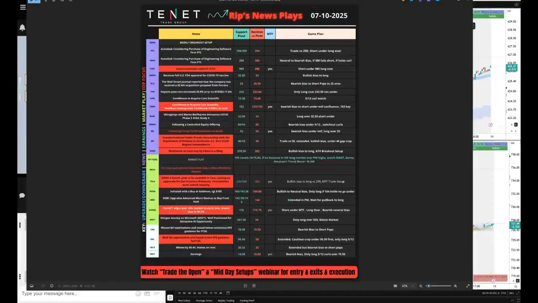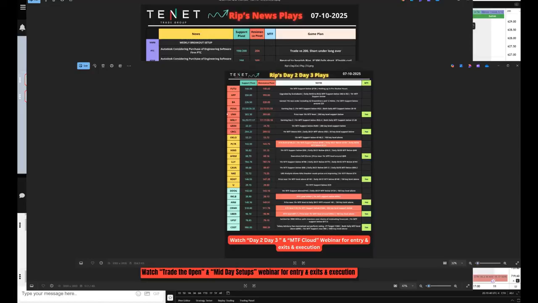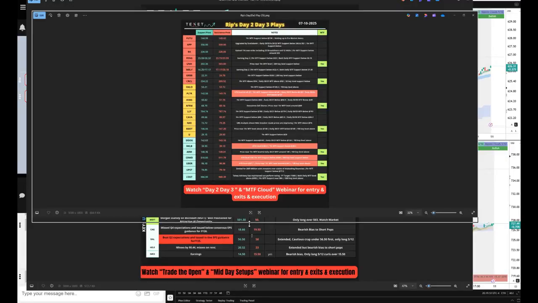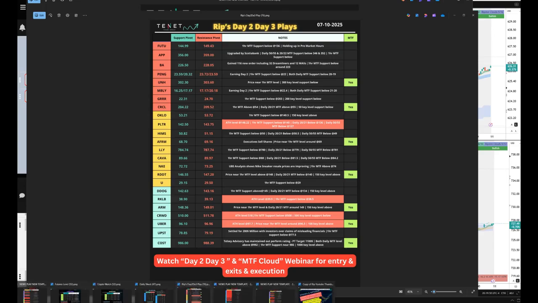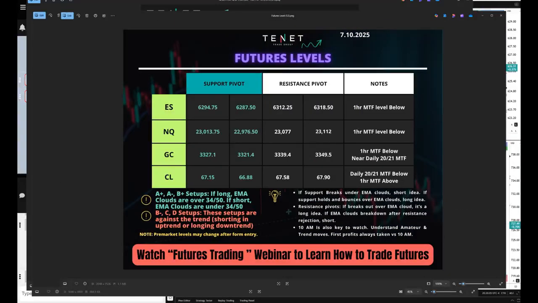Those setups for sure. So in addition to that, we also provide something called the day 2, day 3 repeatable strategy. The day 2, day 3 strategy is a strategy that I invented, and I did a free webinar on that as well. We trade this strategy every day. There were some nice setups on that. We will discuss that. We also provide the traders levels for futures, so they can trade futures in the community based upon the levels and using the Ripster EMA Cloud system.